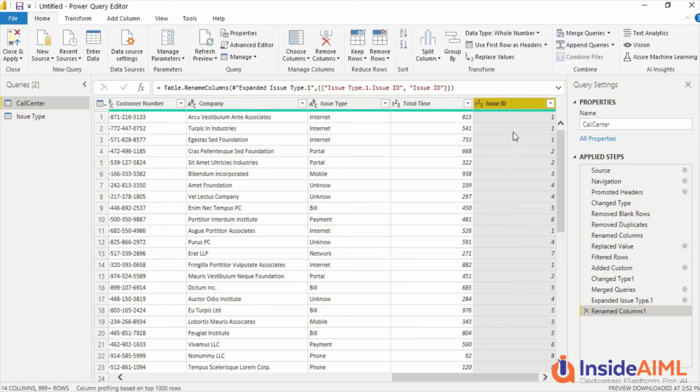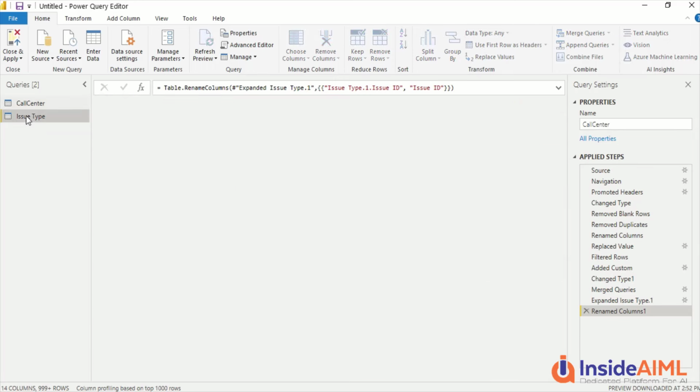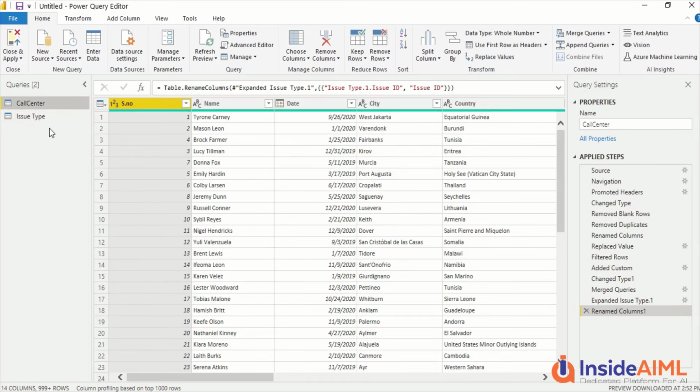Okay. So now in this table I can get the issue ID. If I now wanted to go back and join these two tables, I can do it. So I'm doing a transformation here, creating a new table, giving it an ID column, and using that ID column in joining the table. So we will go back by saving this.